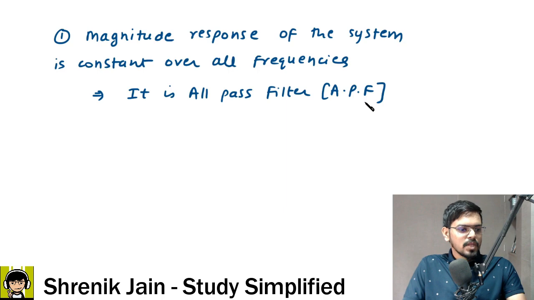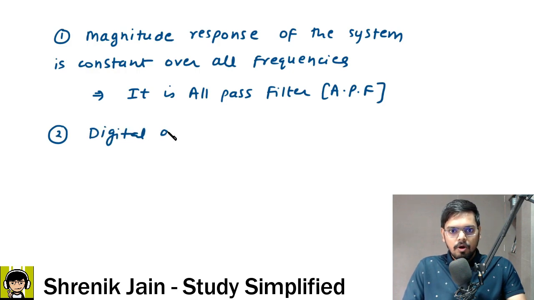In the all pass filter, in the discrete time domain, we have a property. So what is the property? Digital all pass filters